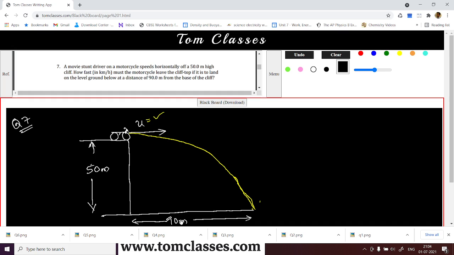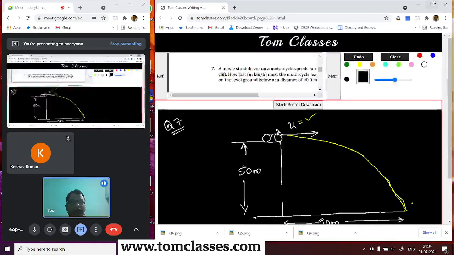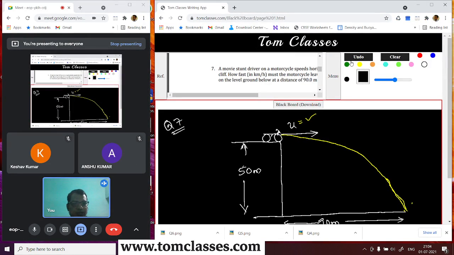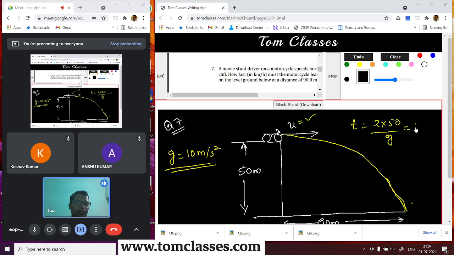Now we have to calculate this velocity, and this coordinate is given to us, right? What is not known is, first, that we don't know the time. So that is unknown. If we can find out the time, we can work out the other parameters. So what is the time going to be? It is going to be nothing but the square root of 2 into 50 by g. And g is 10 meter per second square. Let's take that. So this will be 100 by 10, that is 10 seconds. So it will take him 10 seconds to come down, right? Is that okay?